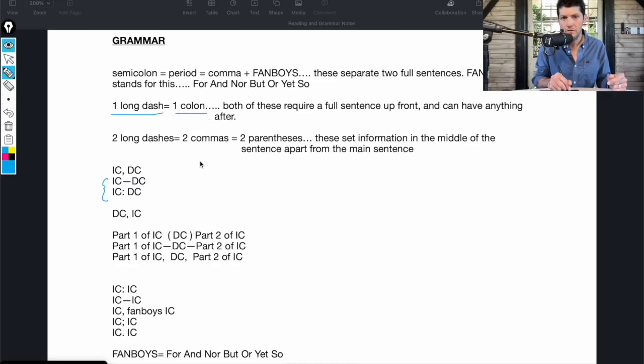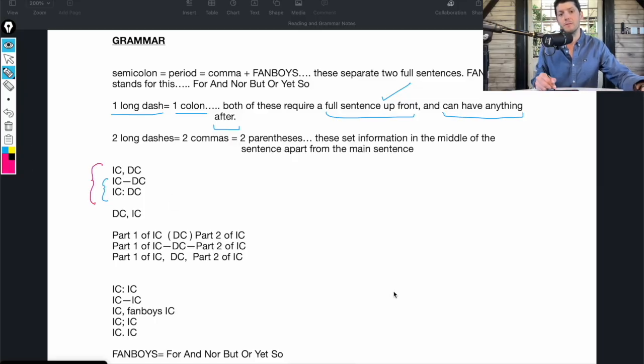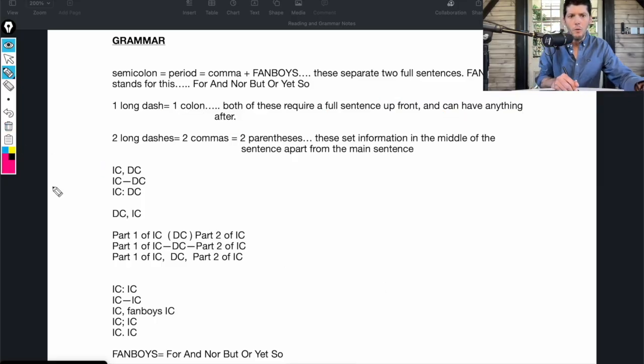And what we have in our first set is a full sentence up front, and then what we have after is a dependent clause. Okay, so that seems perfectly cool because we said we can have anything after a long dash or a colon. Okay, so those three could all work here. These two, long dash and colon, are equivalent. A comma is not equivalent, but in this case, they all function in an acceptable way. Okay? Now, all by itself